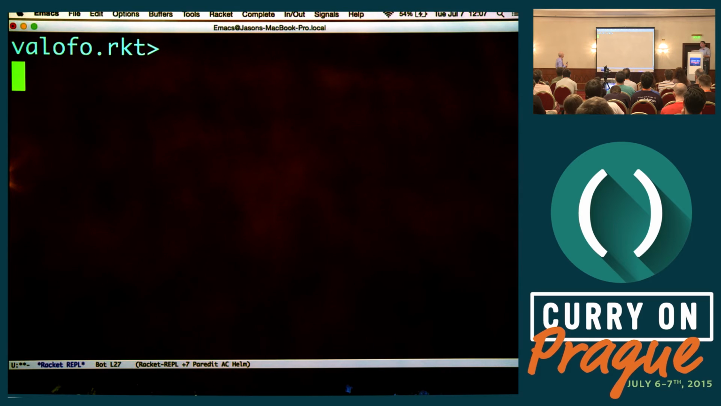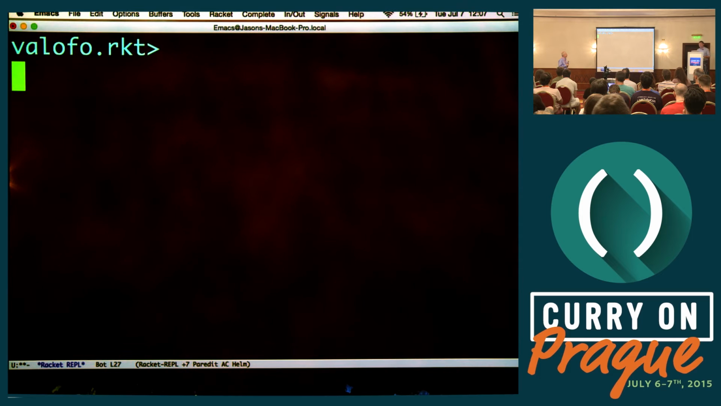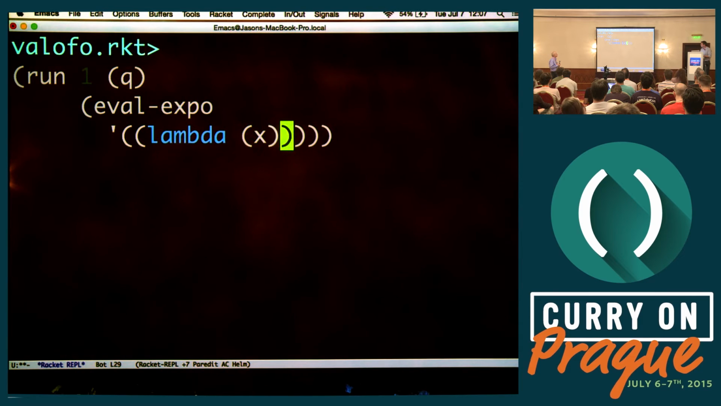So the same power that we use to turn a reverse function into a reverso relation, we could take an interpreter for a programming language, the kind of thing that Dan has students write on the third week of class in his undergraduate course, and sprinkle a little miniKanren at it, and you get a relation between an input and output. So let's see, run one Q, eval expo,